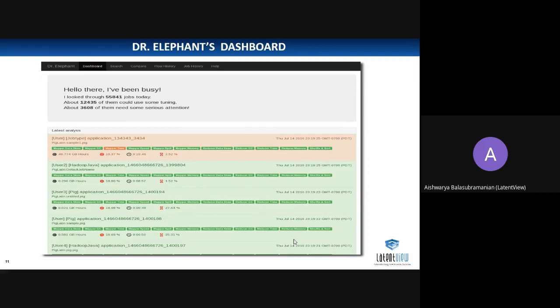So all these things I can do with the help of the search tab, compare tab. Then you have the flow history, job history, and you also have the metrics overview as well as the heuristics overview, like whatever metrics we discussed just now, like what is the used resources, wasted resources. So all those graphs will also be plotted against your applications.